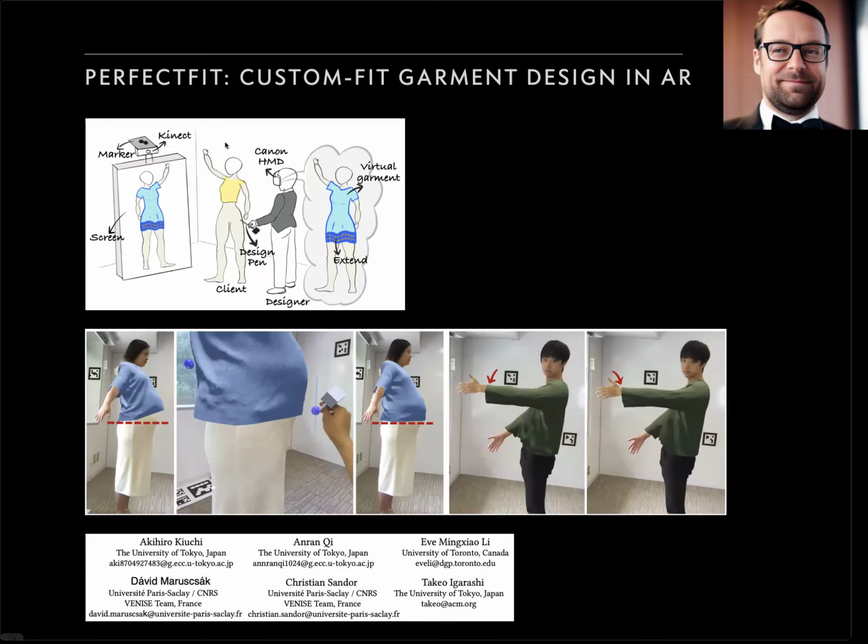And why it's interesting is that it often depends on how you move, right? For example, take the cuff of the shirt: in order to see if it is the right length, it's important that the customer can move. Or in the case of a pregnant woman, or simulated pregnancy, of course, there is also an issue, because it's an unusual body shape, and it's not easy to design for that.